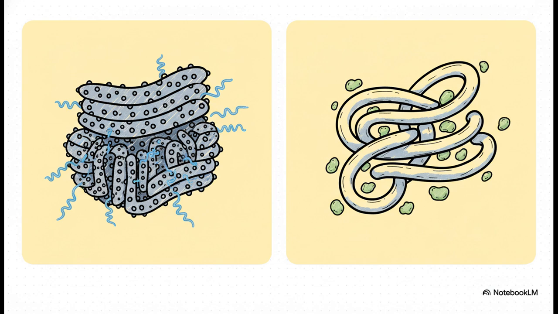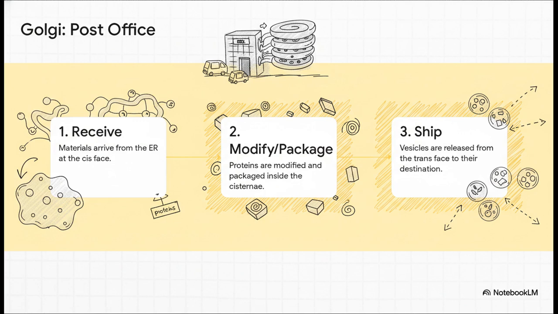Makes sense, right? So after things are made in the ER, they get sent over to the Golgi apparatus. And this thing functions exactly like a post office. It's amazing. First, materials arrive in little transport bubbles at the receiving side called the cis face. Then, they travel through these stacks, where they get modified and sorted. Finally, they're all packaged up into new bubbles and shipped out from the shipping side, the trans face, to their final